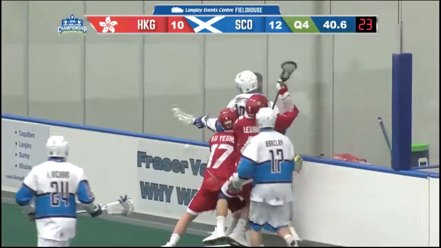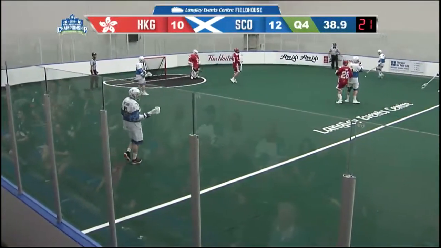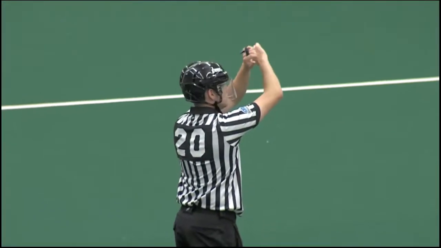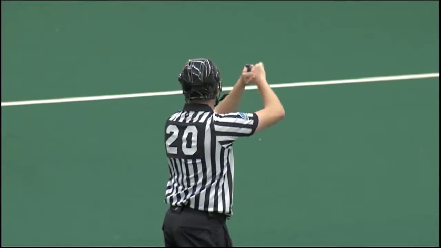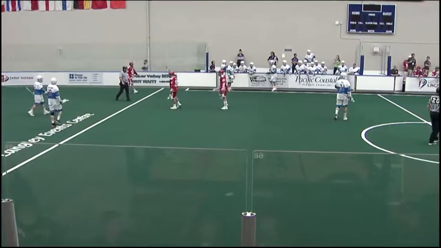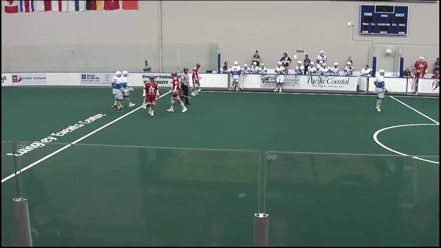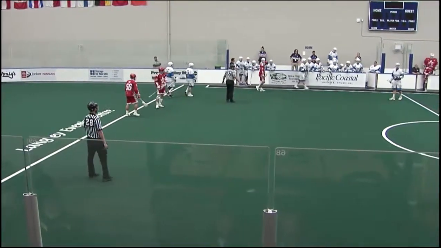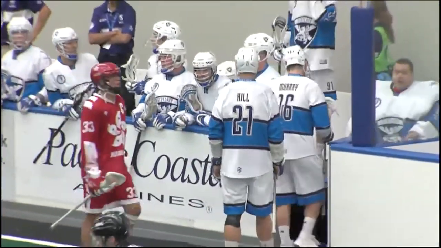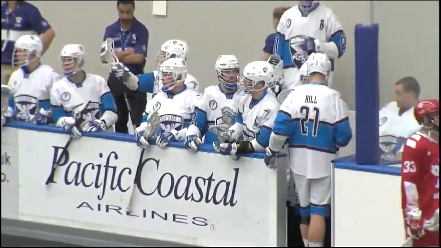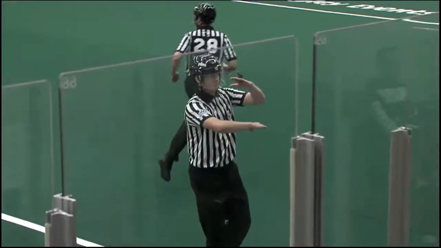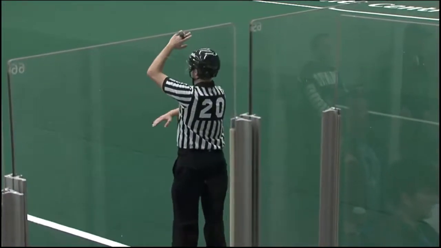43 seconds ticking down. And Scotland will draw a penalty, I believe. Pardon me, a penalty shot called by Cam Anderson against Team Scotland, as that busy coaching staff I've mentioned at the Hong Kong bench hustling over, deciding exactly the game plan here.